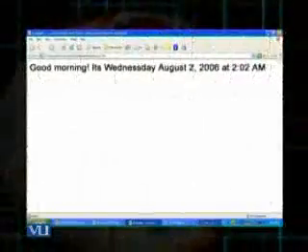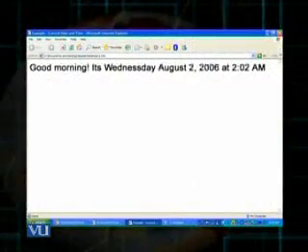So you can see in the slide, if I want the message to be written in a format where there should first be a greeting message like "Good morning, it's Wednesday", with the full day name Wednesday instead of just Wed, then the full month name August instead of just Aug, then the date 2, then the year 2006, and then the time 2:02 a.m. So in case I want this greeting message and the date to be written in this format, I would have to do the coding, as you can see now.